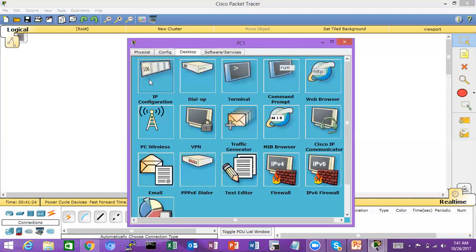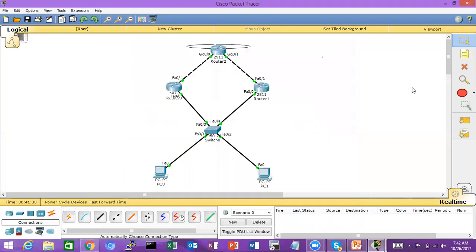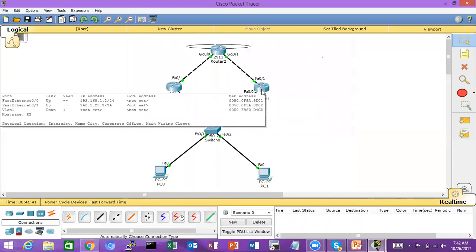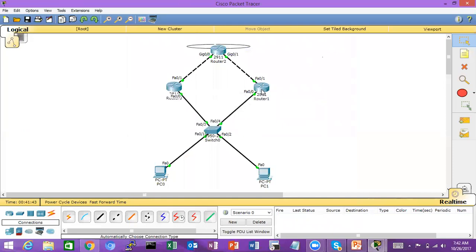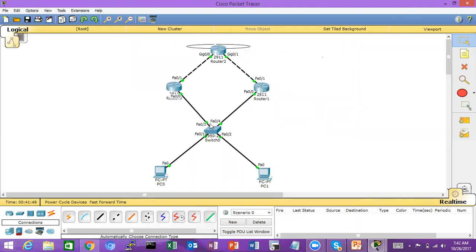So what will happen now when we configure 254? These guys will send an ARP request: "Hello 254, can you tell me your MAC address?" Both the routers will receive that ARP request, but who will reply? Whoever is the active. So when R2 replies saying my MAC address is this,